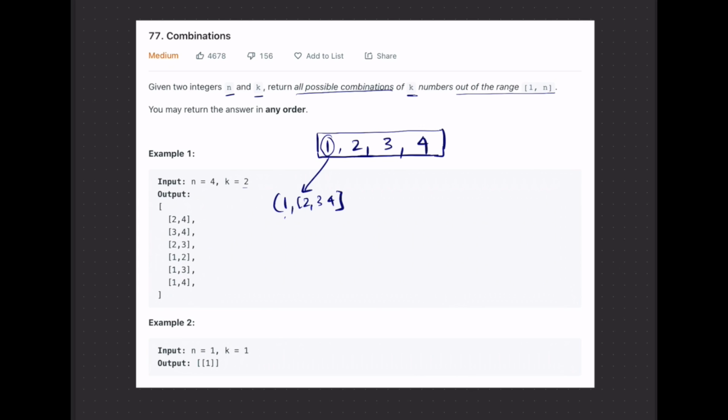That means this would give us 1, 2, 1, 3, and 1, 4, right? We have this line over here, 1, 2, 1, 3, 1, 4. That's for 1 here. So again, if we want to not choose 1, if we choose 2,